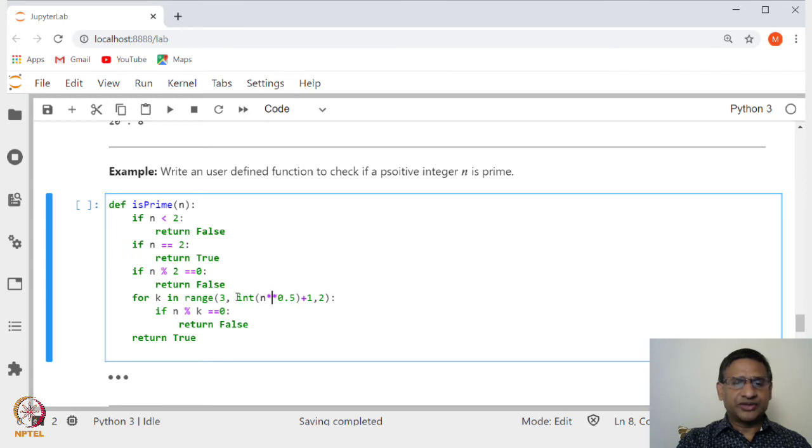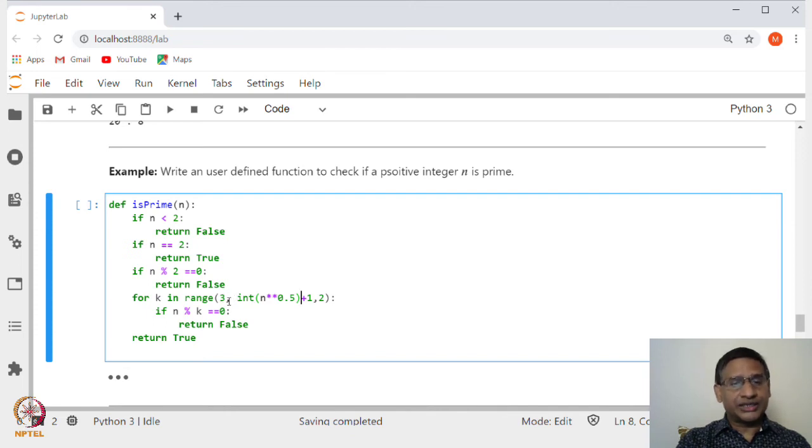That is why this runs from 3 to the square root of n, so n to the power 0.5. If n is a square integer, then the square root will be an integer, but otherwise it need not be, and that is why we make this an integer, and go up to exactly the square root of n.